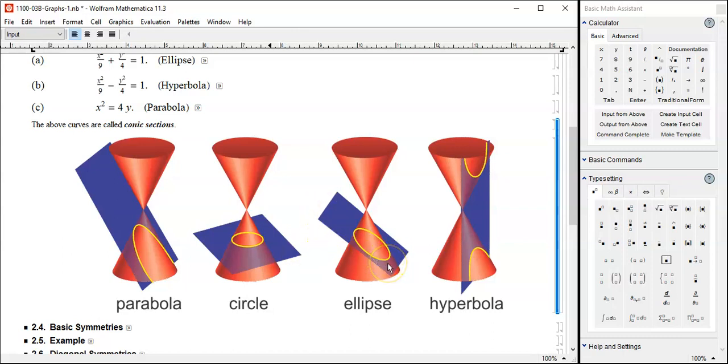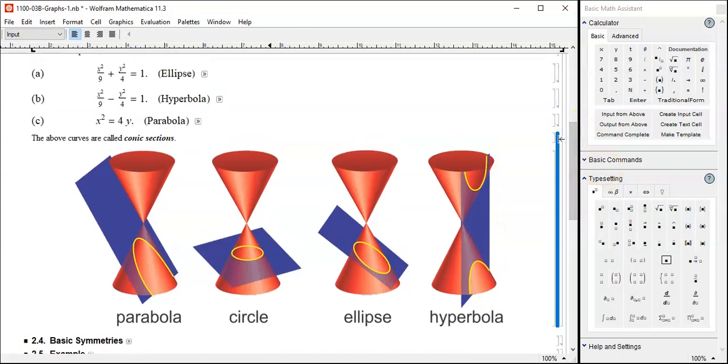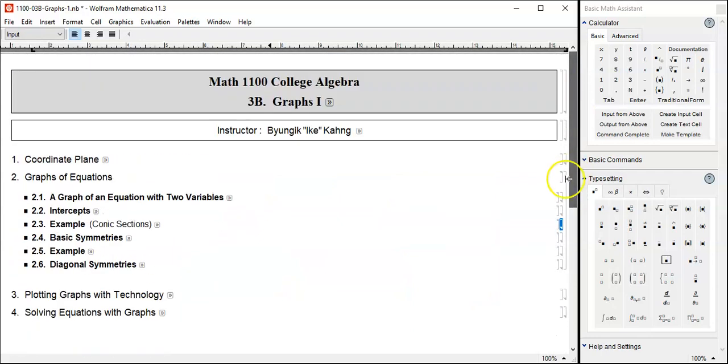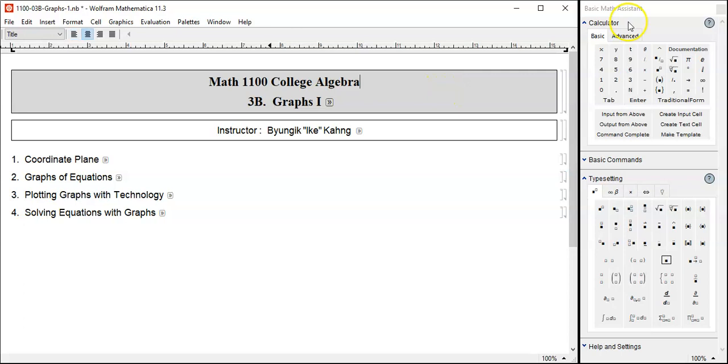Tilt it, then we have an ellipse. And tilt even further, then we have a hyperbola. It doesn't have to be vertical, actually. That's why they are called conic sections. And they're important in various parts of mathematics and applied mathematics. Nowadays, we have technology, so it's less of an issue, but still,